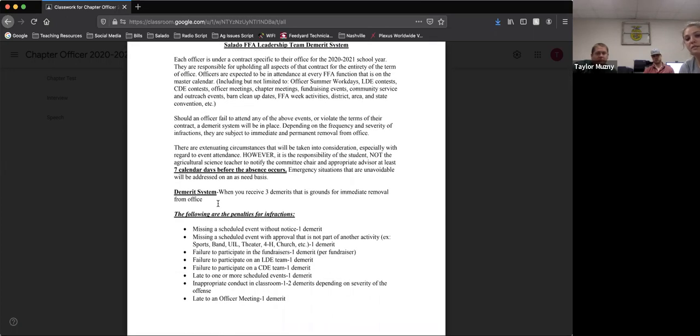Okay, guys, with this demerit system, we really want y'all to be more of a team and more like a family. So there will be no talking down on each other. We will work through our challenges together, and we're hoping for a really bonded group. A lot of you guys that are running are either really in your prime because you're in that sophomore year and you're ready to make a difference, or you're in that last step of your journey. You're in your senior year and this is it. This is your last chance. So we want you guys to really take this seriously. The 3 of us want you to have the best year ever.